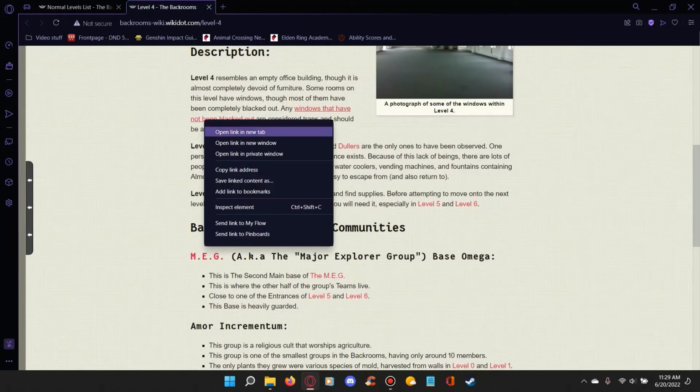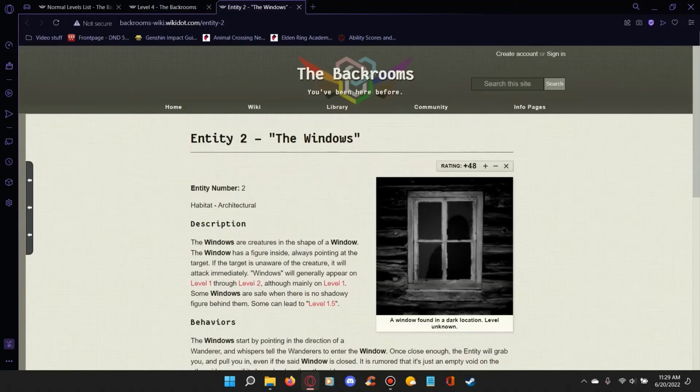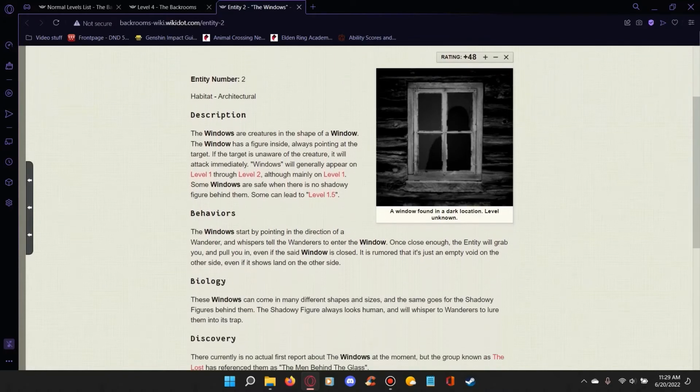Well, what's up with that? Entity 2, the windows. Alright, well, it's not that long of an article. What's up with the windows? Let me drink some water first, because my mouth is like...